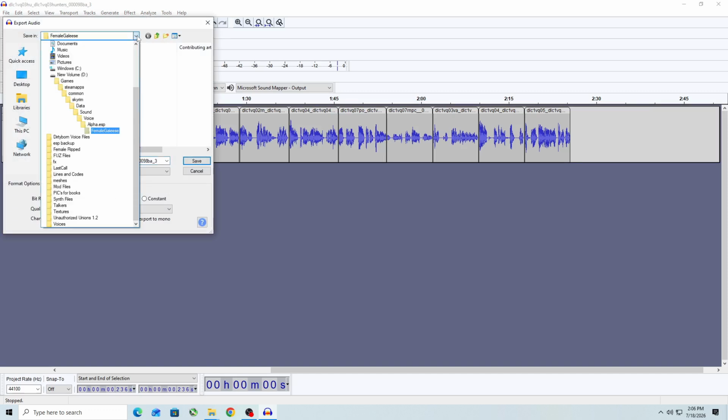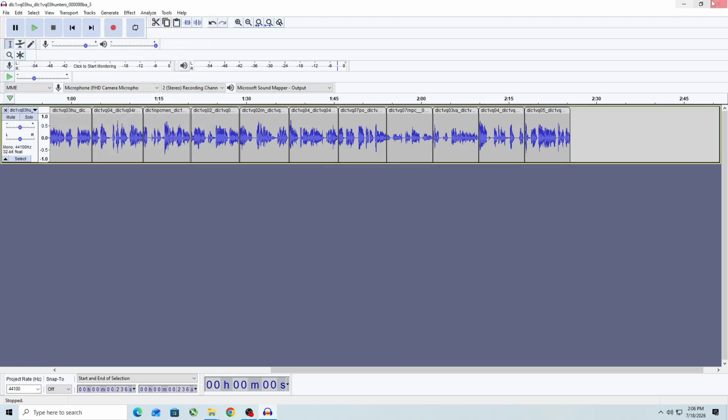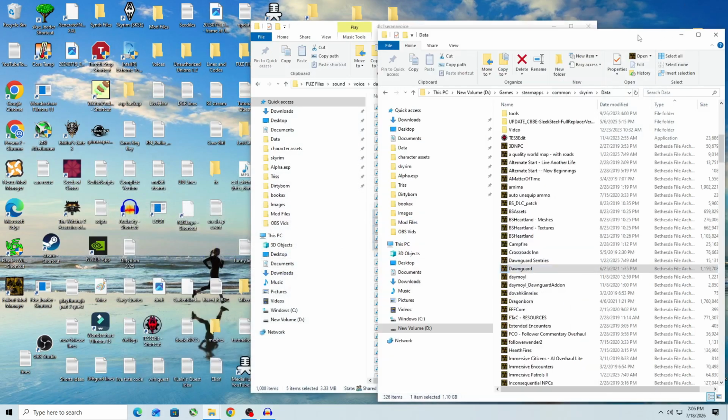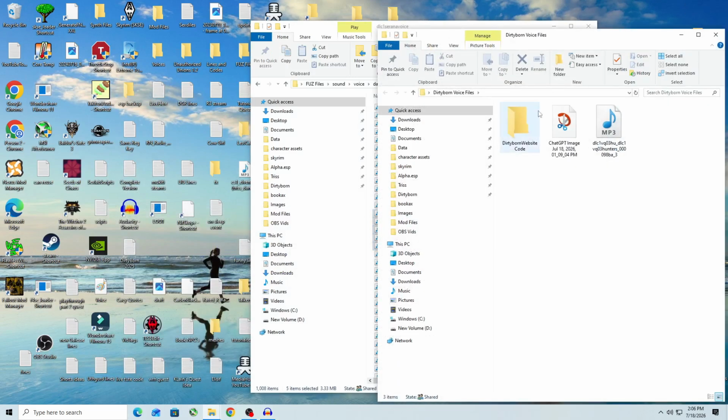And it already went into there, so it shouldn't have. When I first exported it, it went into the Gallus file, which I'm going to remove in a second. So we'll go to desktop, Dirty Born Voice Files, save it here, and let it go into here. So what it did do is it went into Dirty Born Voice Files. So if I go into here and open this up,